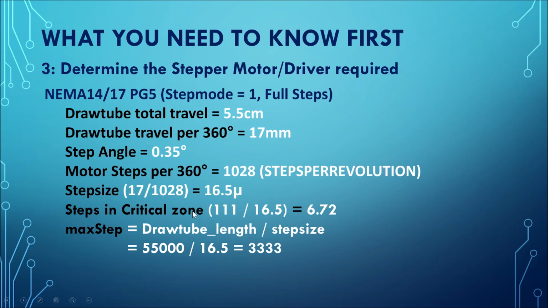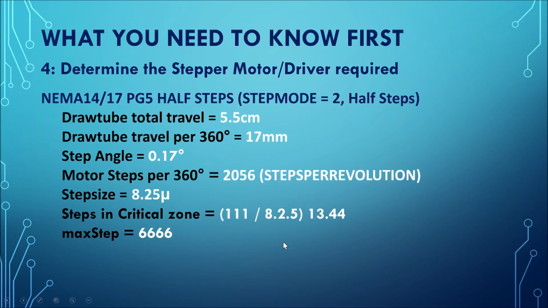And we work out the number of steps in the critical focus zone. 111 never changed, of course, but we now have a step size of 16.5, and so we get 6.7 steps in the critical focus zone. And to work out max steps, as we divided, this didn't change, 5.5 centimeters. We divide that by the new step size and we get a max steps of